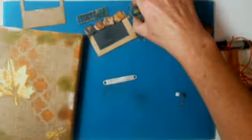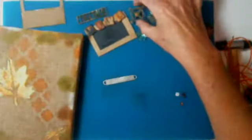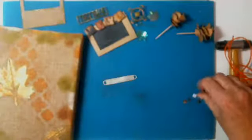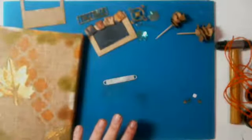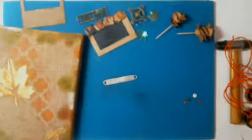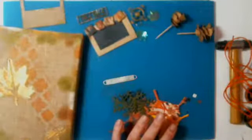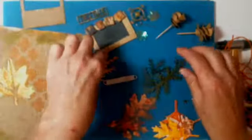So I'm just going in and kind of using the distress paint again on these little faucet handles. Once you have all your stuff painted and done, then we can just start to glue it on. Oh, I've got all these leaves. I need to distress them. So I'm going to come in and